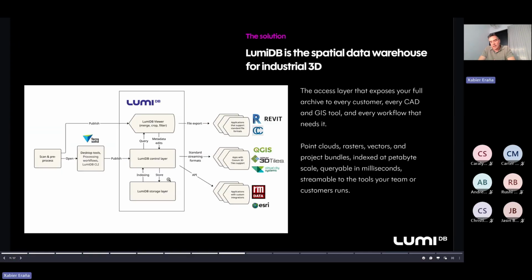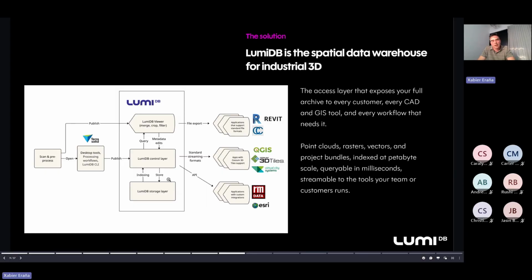So this is a high-level architecture for LumiDB. We have the control panel right in the middle and the storage layer that lies beneath. On top of that is the viewer, which is what most of our users see and use to visualize and to perform queries.